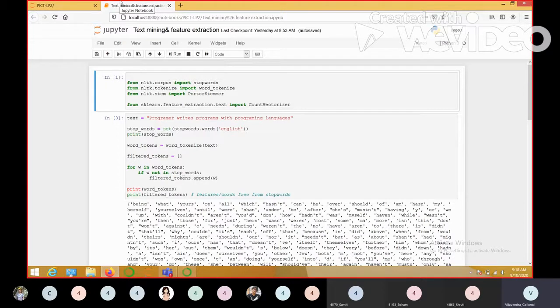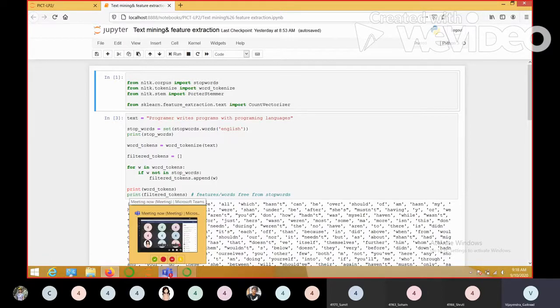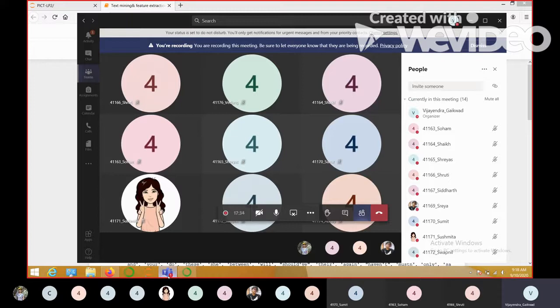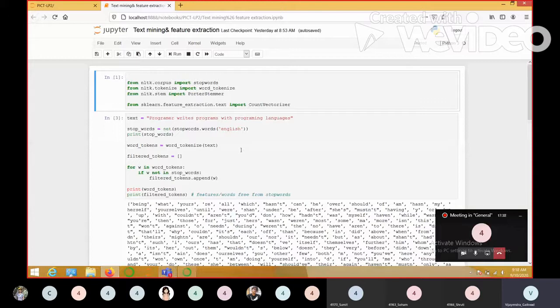For any mining process, whenever we are going to use the text document, the document needs to be in a form in which there are only significant words present, which will be considered for the process of mining. Now, may it be for classification, may it be for any other type of mining.